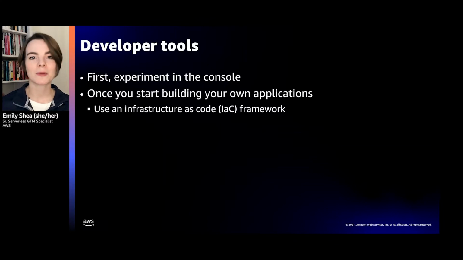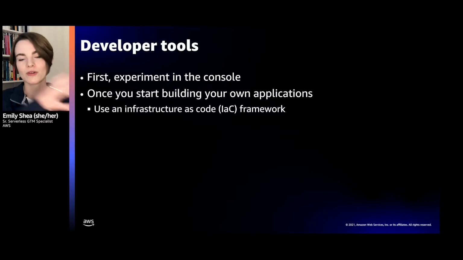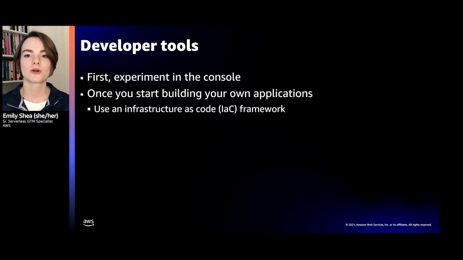And so I highly recommend, as you're moving away from tutorials and getting more into building your own applications, that you get started with an infrastructure as code framework. So rather than going manually into the console and setting up a Lambda function, an infrastructure as code framework will allow you to define all of the resources, your functions, your S3 buckets, all of those things as if they were code. And so you've got the resource configurations all written out. Every time that you deploy that framework, those resources are going to be deployed the exact same way, which allows for a lot of consistency and repeatability of